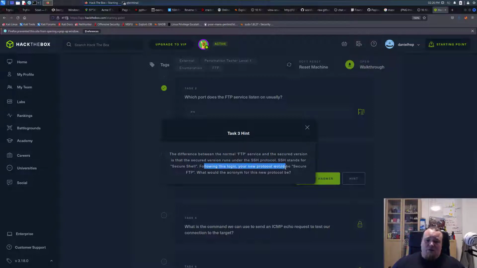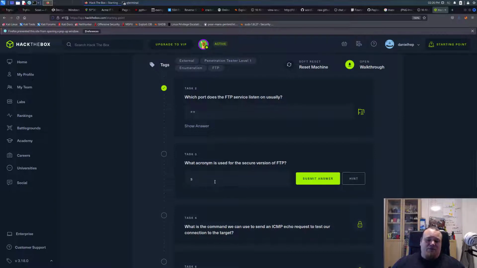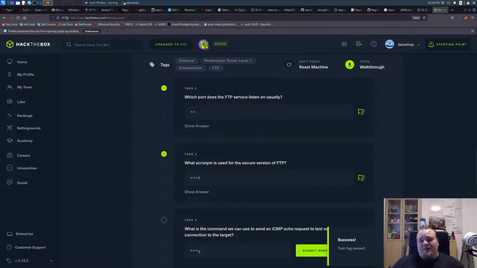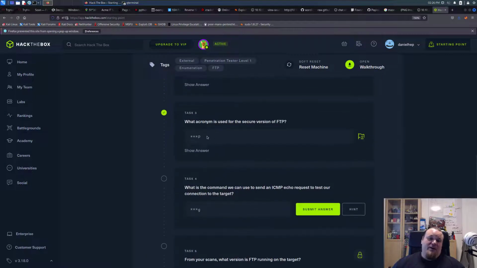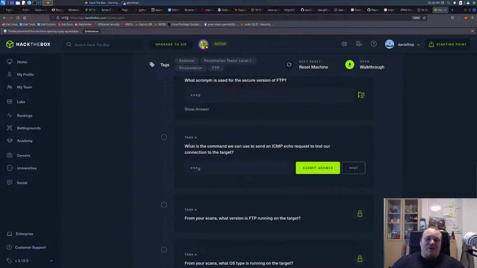Following the logic, new protocol, secure FTP, SFTP. Yeah, okay. That's how inventive we are in society these days. Just put an S in front of it, and then boom, now it's secure. Anyways, let's continue. What is the command we can use to send the ICMP? That is still ping,